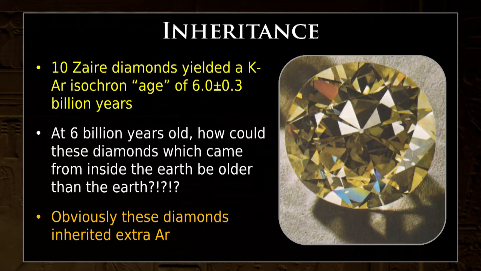And so they examined the situation more closely, and they discovered there were inclusion fluids with gases inside, little bubbles inside the diamonds that had argon in them that was inherited as contamination in these diamonds. And so once again, they showed that this is a problem even in ancient materials. And so if it's a problem when we can actually find the source of the problem, then can we say that the ancient lava flows are equally as old as they claimed, or could they also have come from contamination?